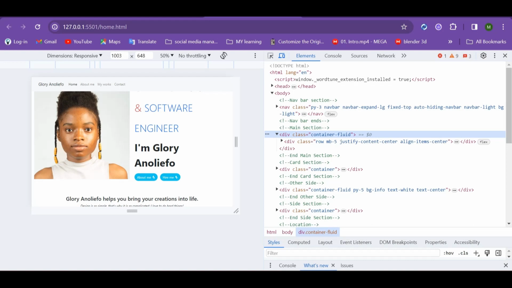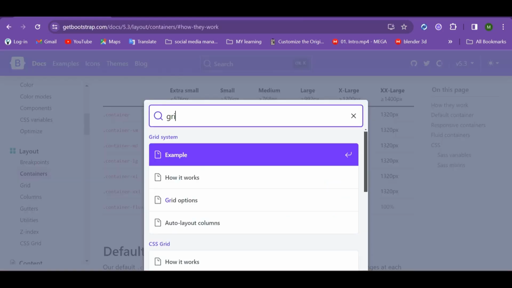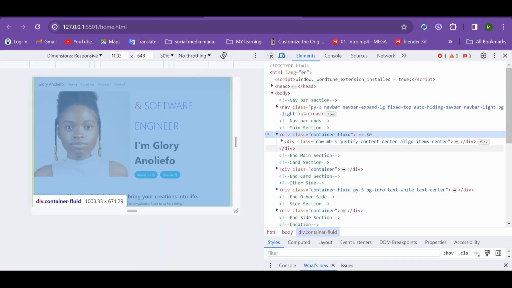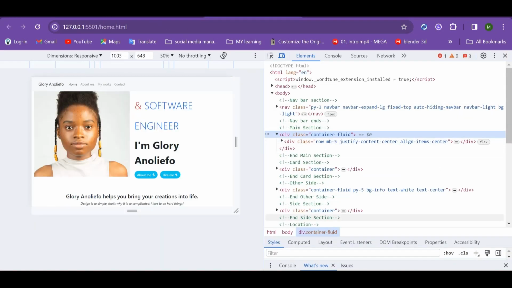So we'll be hard coding. We want to hard code this hero section. In this hero section, we're going to be using the Bootstrap grid system. We're going to notice that we have like 3 rows in this div class container fluid. We have like 3 rows. First the picture, followed